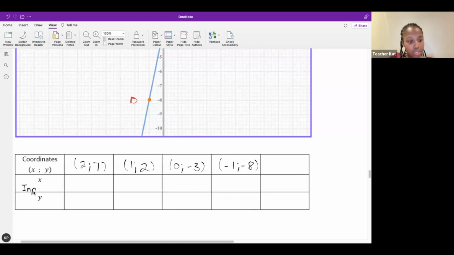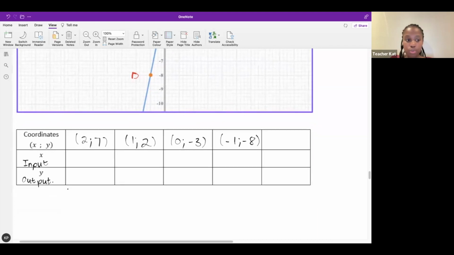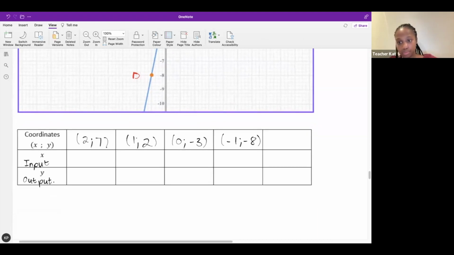Okay, now let's fill in my X and Y for my input and output. So I'm going to put your input and I'm going to put your output. What are my inputs from these coordinates? The first one, what is my input for the first one? 2, and for the second one, 1, and for my third one, 0, and my last one, -1. Nice. My output for the first one, 7, for the second one, a 2, third one, -3, and last one,